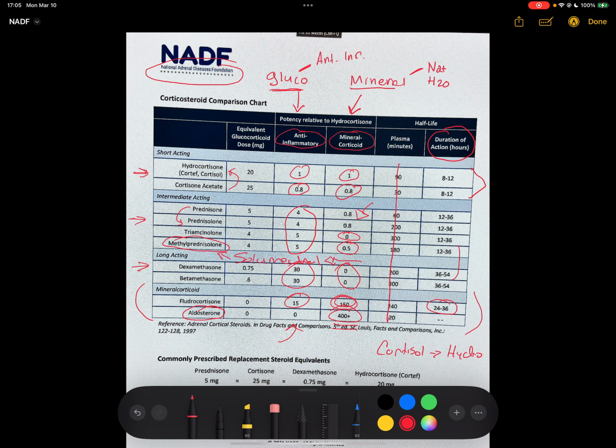glucocorticoid activity. So hopefully that makes sense why there are certain medications that we administer in certain situations when thinking about the administration of corticosteroids. It really does come down to the activity that I want. Do I want something with glucocorticoid effects, mineralocorticoid effects, a combination thereof? And what duration of action am I looking at? And that really should help you all better understand and conceptualize why certain agents are prescribed and administered for certain